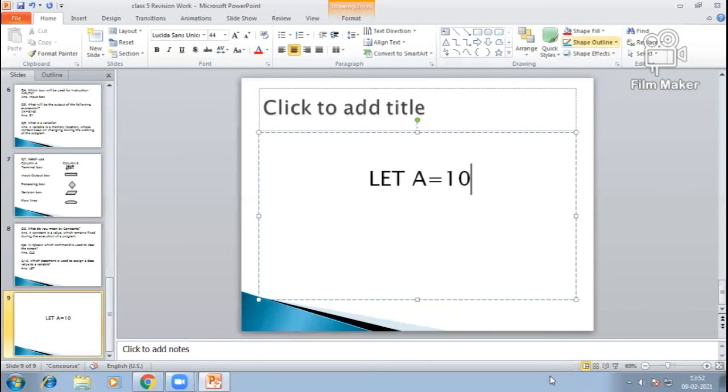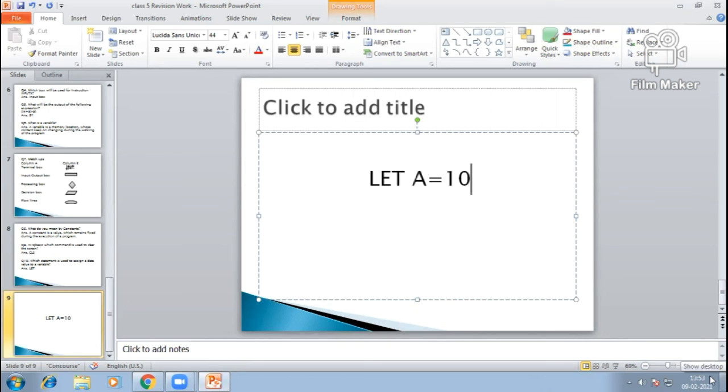Here I would like to explain the LET statement. The example is LET a = 10. It means LET is the statement and a is the variable. This equal sign is known as the assignment operator and this is the constant 10. It means if a = 10, a stores 10 as a value.